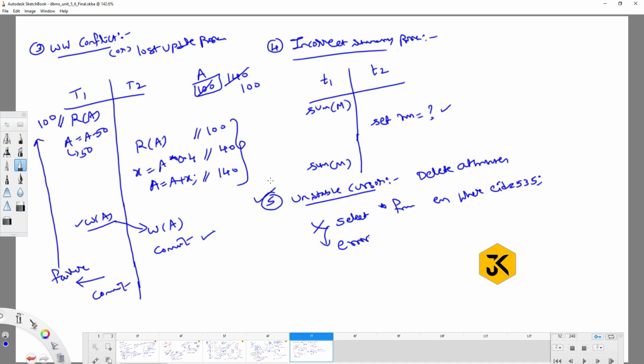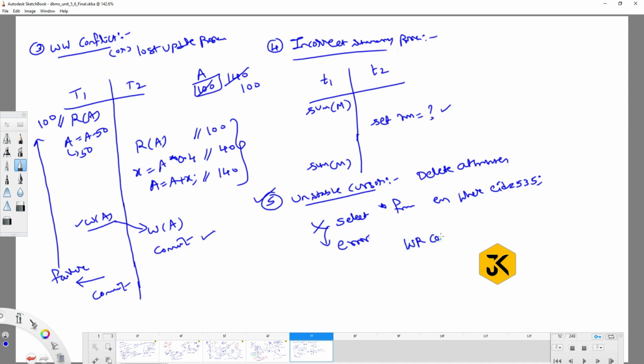So concurrent execution problems means it is not only about read write, write read or write write problems. It may also include the unstable cursor problems, because if any modifications are made in the database at the administration level, those modifications can be reflected at the user level also. So you have to take care of all these kinds of problems. Okay. So if I have a summary,